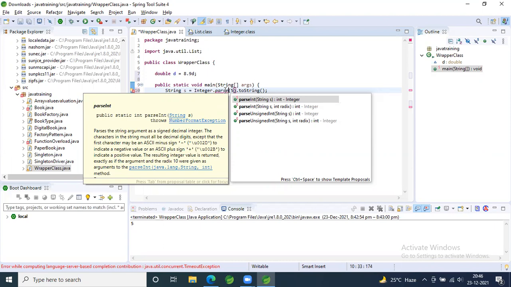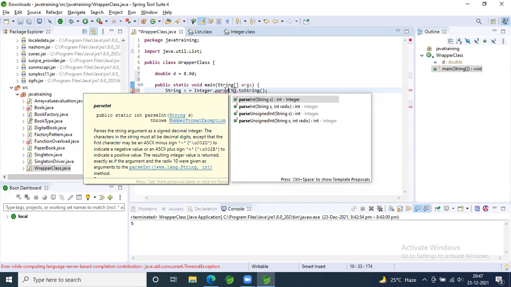Can you repeat the question, Sneha? In the Integer.valueOf method, that is also returning me a return type of integer. And Integer.parseInt is also returning a type of integer. So what is the difference? Why do we need to have two methods in that case? ParseInt, valueOf doesn't allow string.